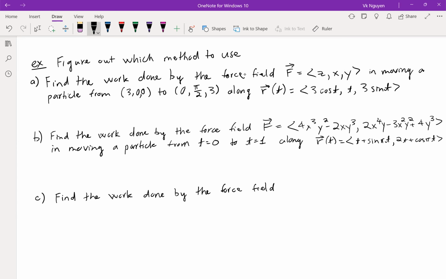In moving, there's the force field here: y cosine x minus xy sine x, xy plus x cosine x, in moving a particle